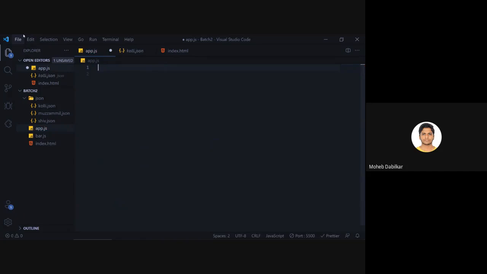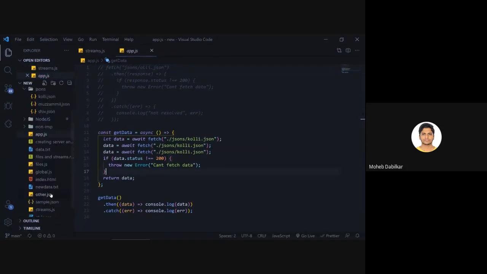Now we will say const getData equals async, then we create an arrow function, and we say const data equals await. That's all. You don't have to use dot then and all that trash stuff that we were using.